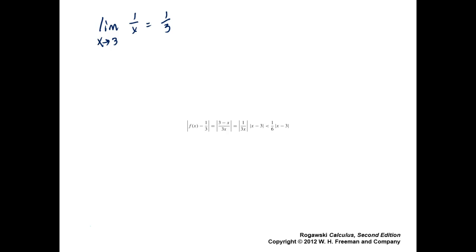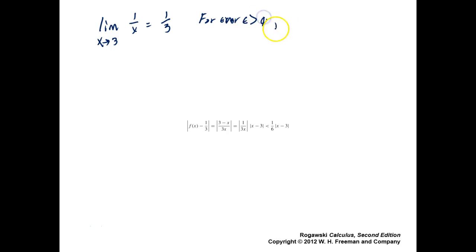Of course it is. As x gets closer and closer to 3, 1 over x is closer and closer to 1/3. Pretty obvious, right? If you try to do a formal definition, oh my word, what a pain in the neck this becomes. The formal definition is for every epsilon greater